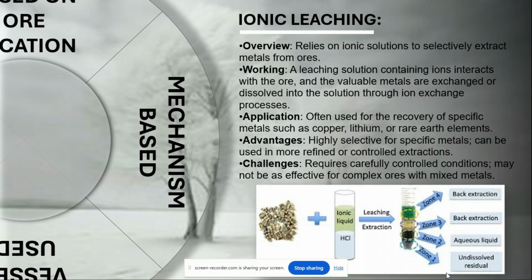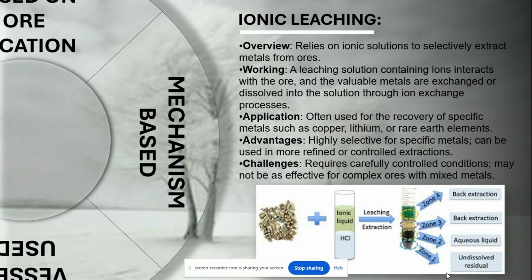Another example of mechanism based leaching is ionic leaching. Ionic leaching basically relies on the process of ion exchange. In ionic leaching, a leaching solution containing ions interacts with the ore, and the valuable metals are exchanged or dissolved into the solution through the ion exchange process. As you can see in the figure,